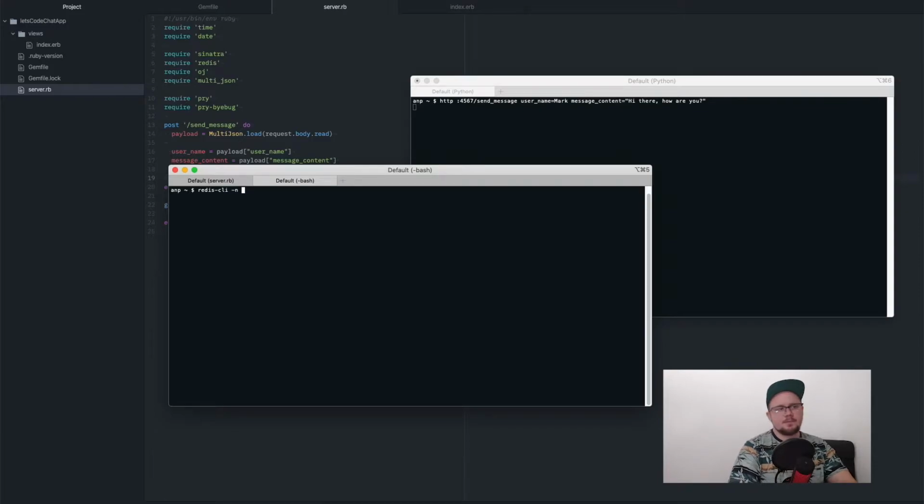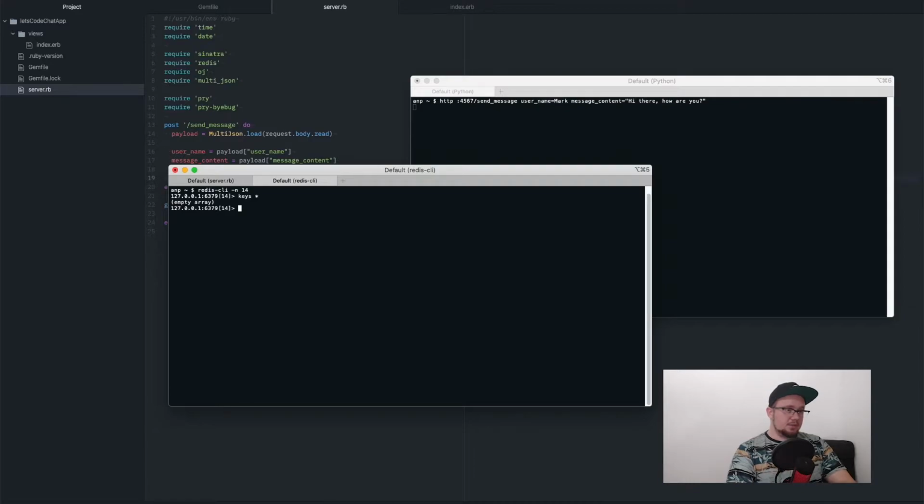Redis has support for many databases inside the same server, but it doesn't give you database names. Instead, it gives you database numbers, which might be odd, but yeah. I'm going to use database 14 because the other numbers I'm using for different things, and I'm going to type the command keys